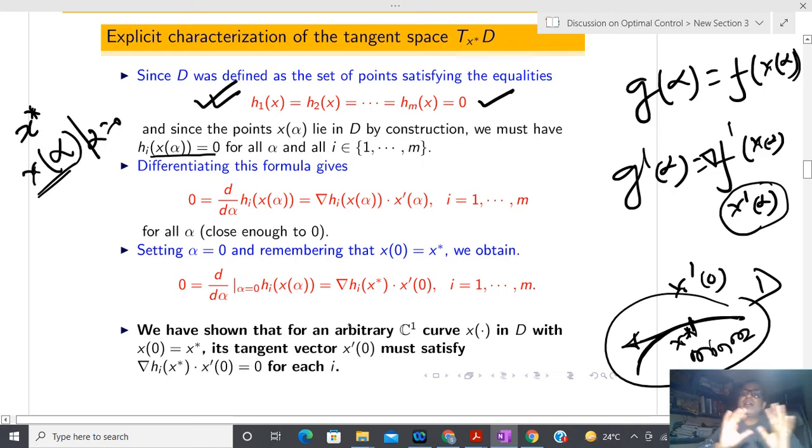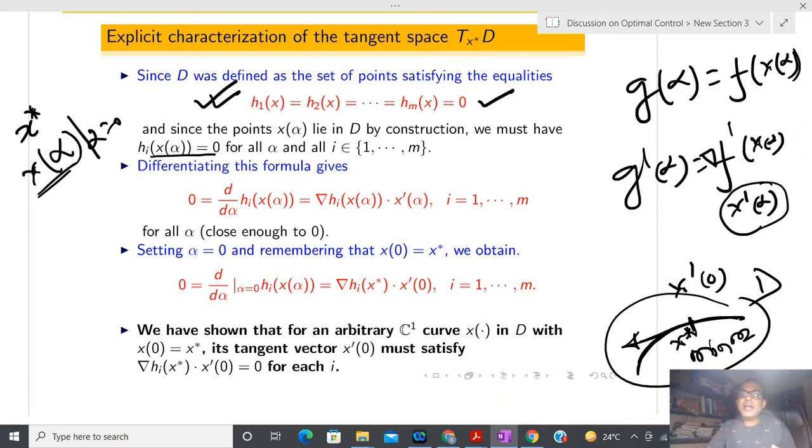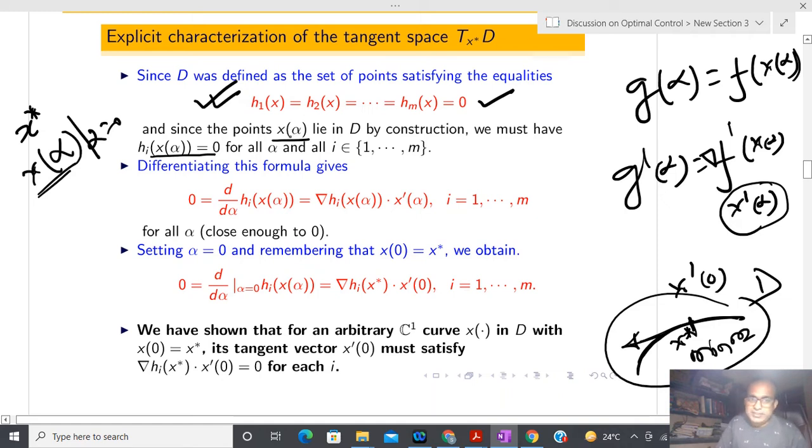So actually the matter is very simple. I have f(x) as some function, and I have constructed some kind of parameterized curve x(alpha), and x(alpha) should satisfy the constraint. Due to that reason, in place of x I can replace x(alpha). Please be careful, x and x(alpha) are not the same. x(alpha) means I am going to parameterize the whole curve in terms of some kind of scalar, that